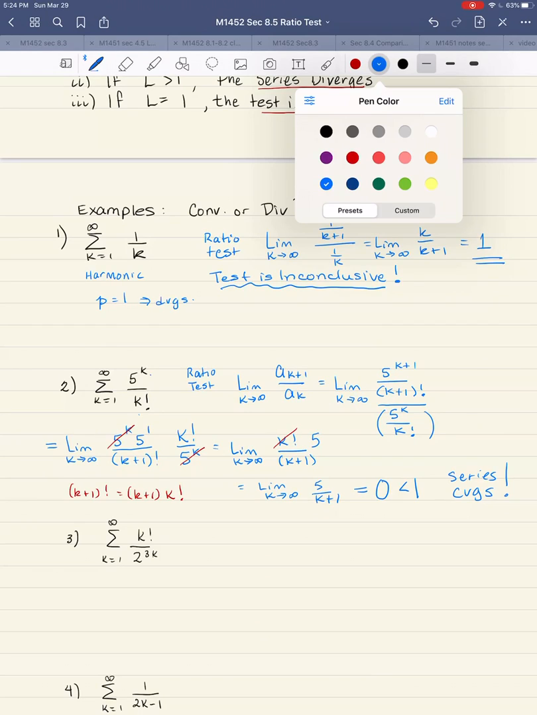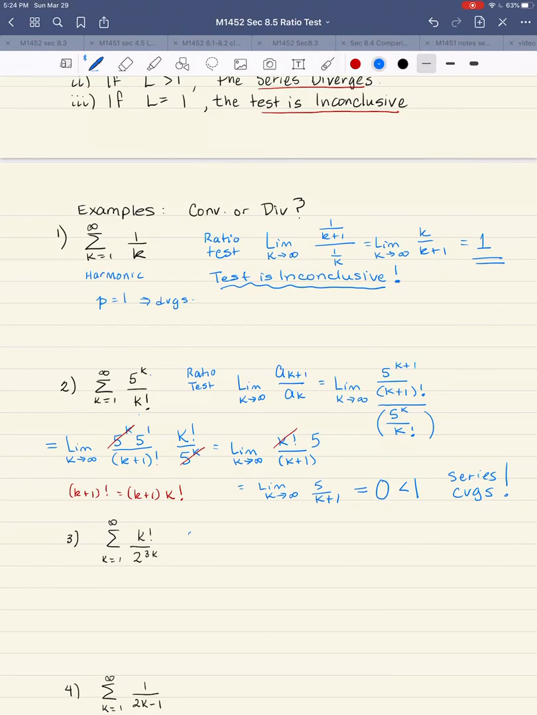All right, the next one. We're going to try the ratio test here. I've got factorials and powers of k. So here we go, let's go with the ratio test. I'm going to form the limit as k goes to infinity of a sub k plus 1 over a sub k. So k plus 1